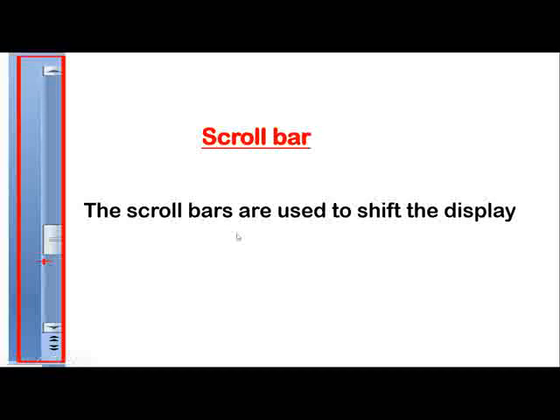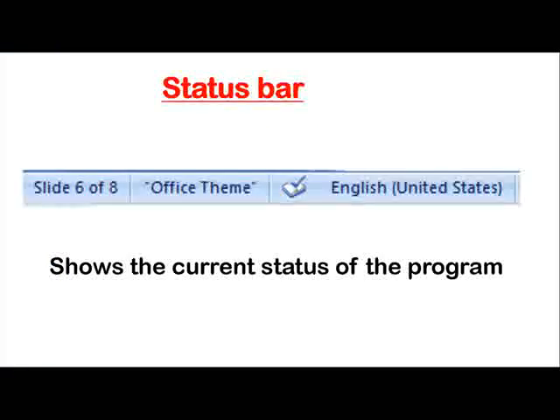We can move up, down, left and right using scroll bars. Okay, if you want to move up, we can scroll this scroll bar upwards, or by dragging the scroll bars, we can move up, down, left and right. Clear?